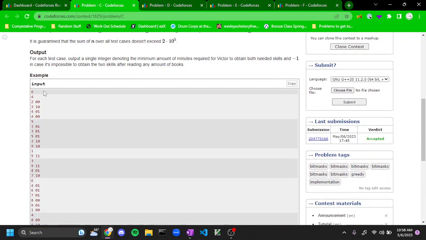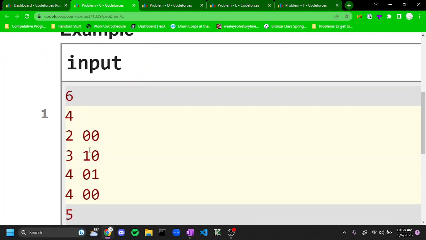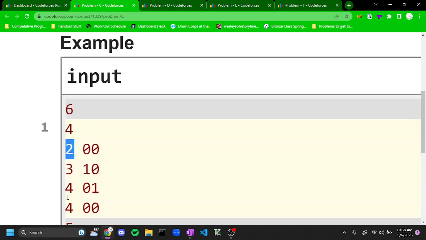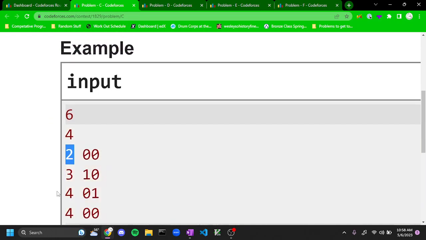So what a skill is, as you can see over here, so we're given this column, the 2, 3, 4, 4 column, is going to be the number of minutes it takes to read the book. And then the right column, 0, 0, 1, 0, 0, 1, is going to be like the contents of the book, okay? And in the problem statement, it explains that in order to become Mr. Perfectly Fine,